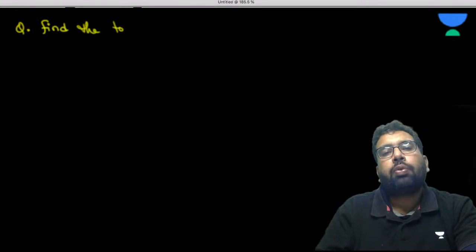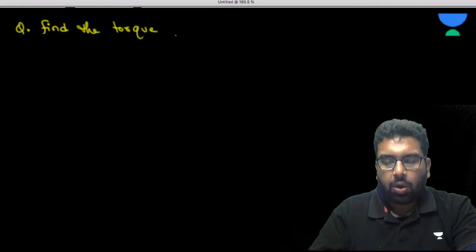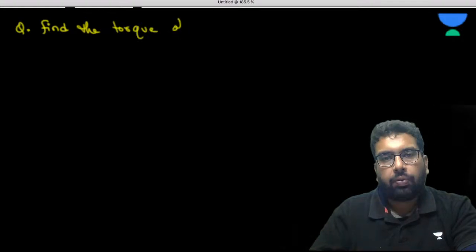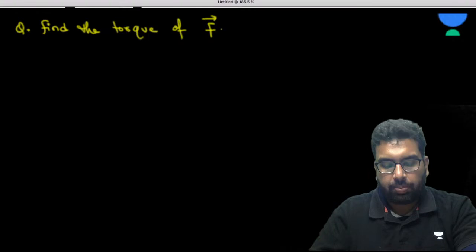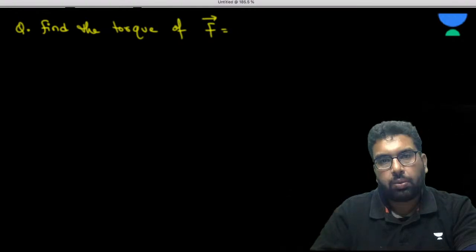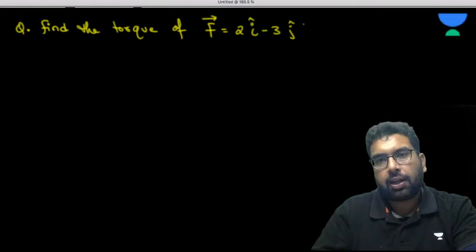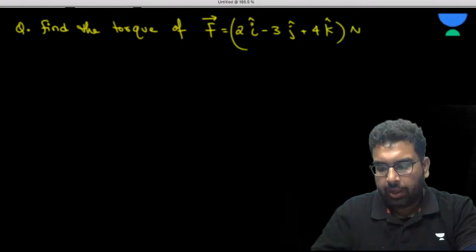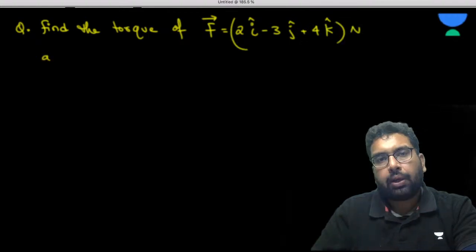So let's try one more question. So see, this concept is used at many places in physics. Let me give you a question of rotational mechanics. So find the torque of force vector. Let's suppose the force vector is 2i cap minus 3 of j cap plus 4 of k cap Newton. Okay, acting at a point,